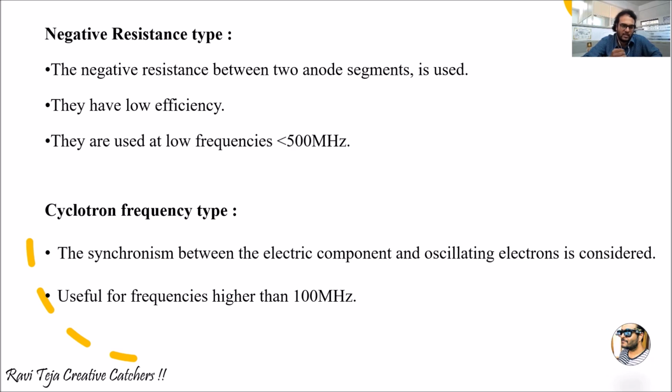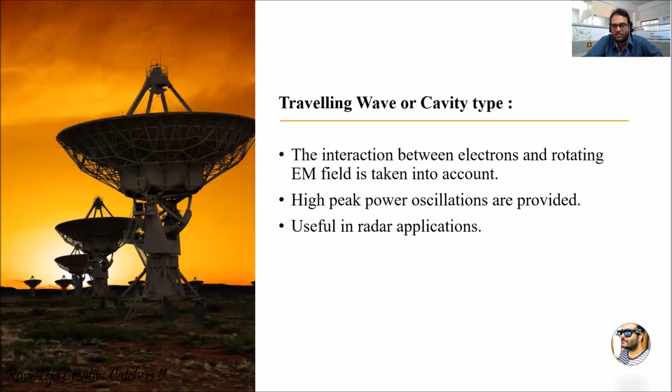So the negative resistance type as well as the cyclotron frequency type generate frequencies of around 100 to 500 megahertz. But coming to the third type, the traveling wave or cavity type, it generates